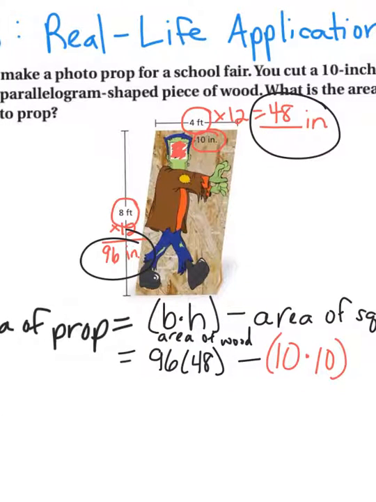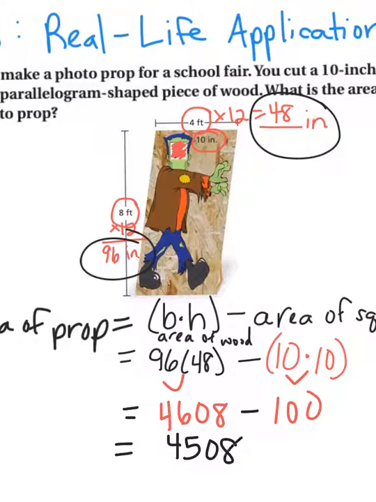So if I went ahead and did the side math, and you can and should already have done that, 96 times 48 gives you 4,608, and then subtract from that the 100 that you get from multiplying 10 times 10 together. Down here, 4,608 minus 100 would give us